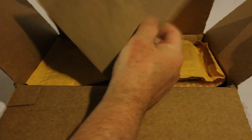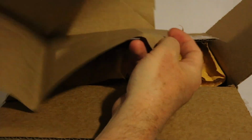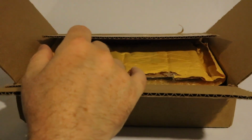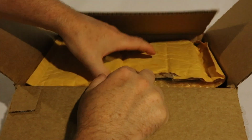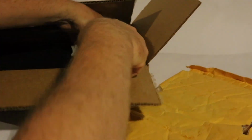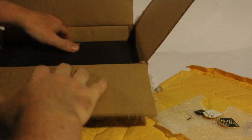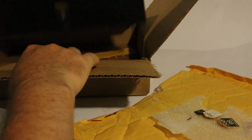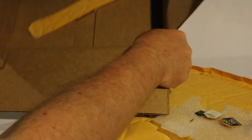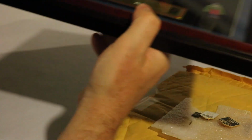This is just a piece of paper for packaging. It's nothing. Put that over there. There's a bubble mailer with some pins in it. Here are some pins here. And here is, and that's pretty much it. Nothing left. It's an empty box. I traded her